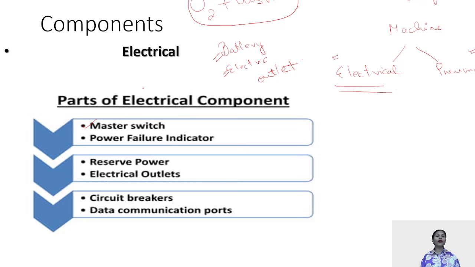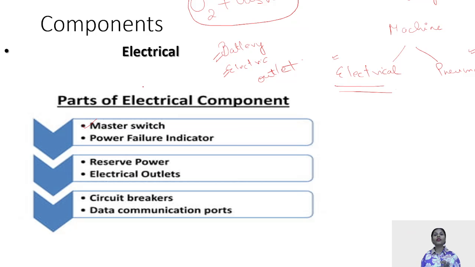The second, we have the power failure indicators, which give us a red light blinking. Suppose the battery backup is not good, or the electrical outlets have failed. Those indicators are present on the anesthesia machine in order to warn us. We have a reserve power backup. We have electrical outlets which are meant only to deliver electricity to the anesthesia monitors and not to the common OT equipment, maybe your electrosurgical units or your vacuums, etc.